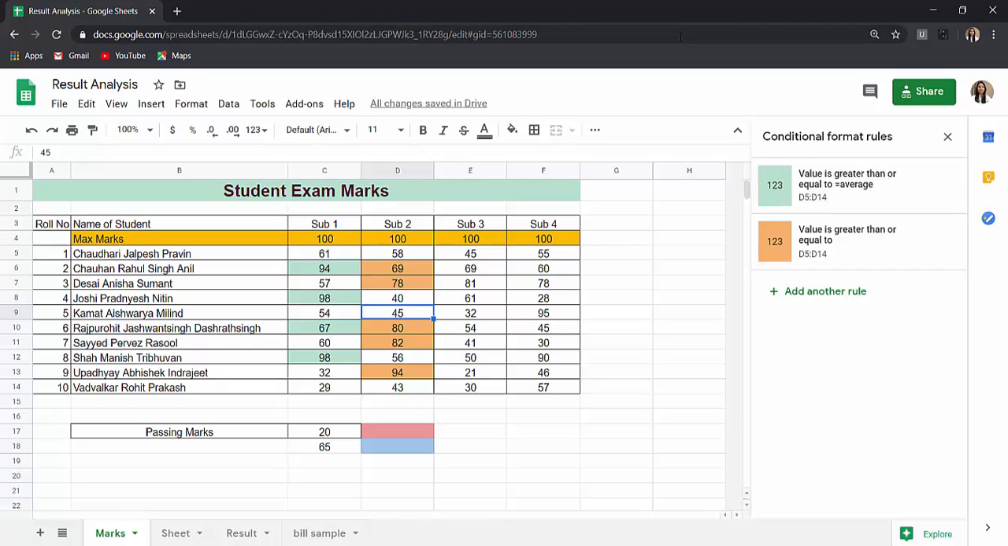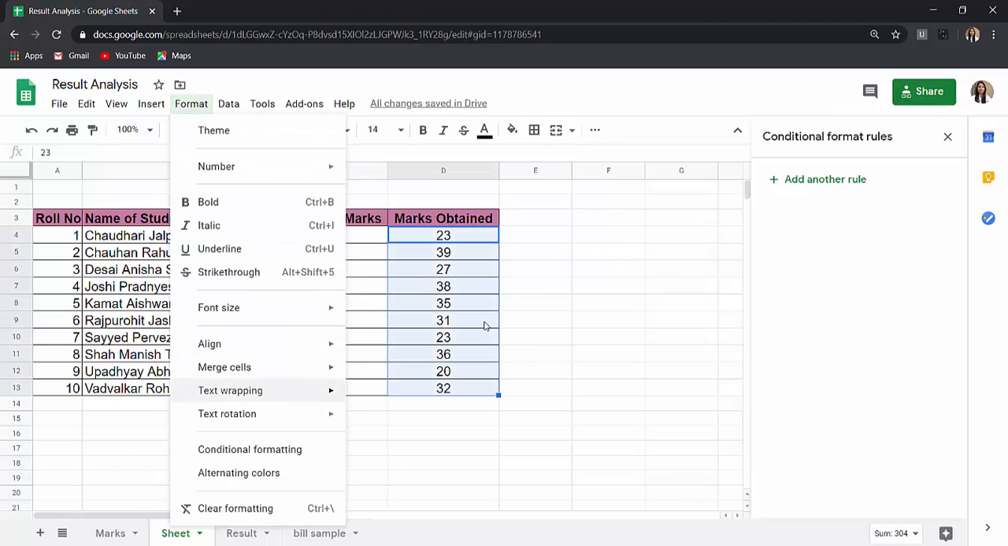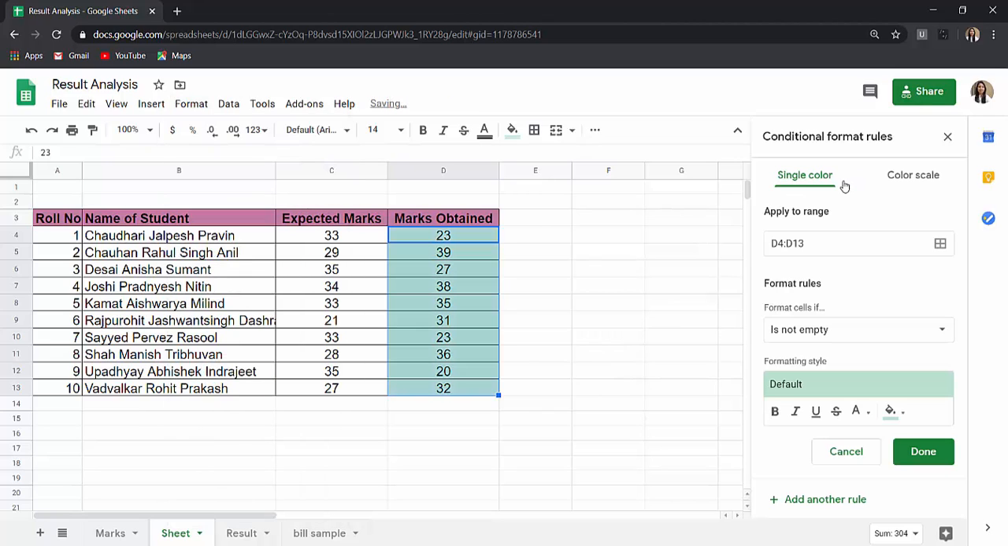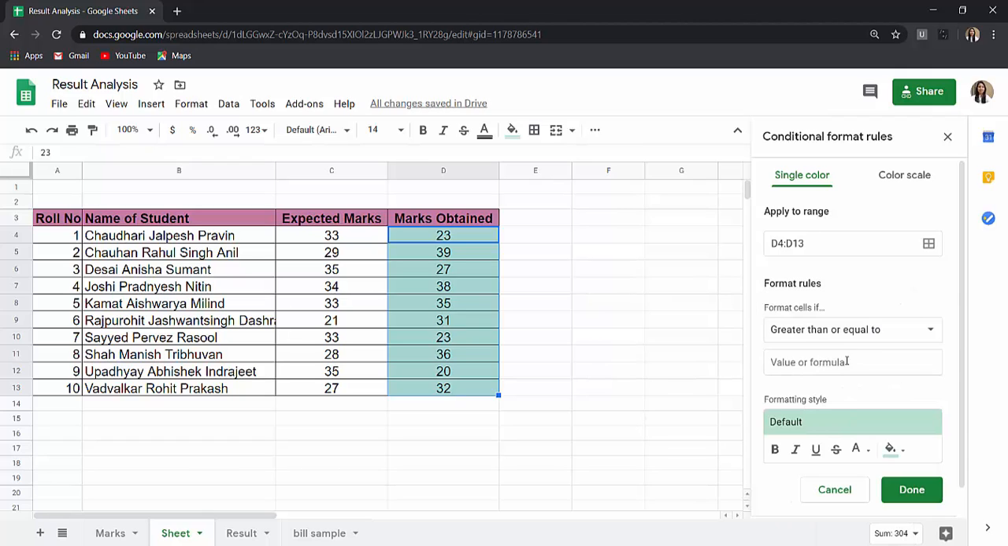Now we will see if you want to highlight based on the range. One is marks obtained and another is expected marks. Now we have to highlight the students who have obtained expected marks. So for that, we want to apply the rule for this range. So we will select this range and then say conditional formatting, or you can directly say add another rule. Then we will say greater than equal to cell value